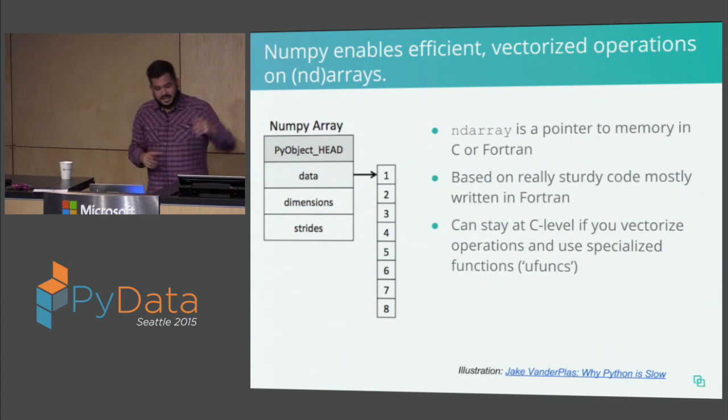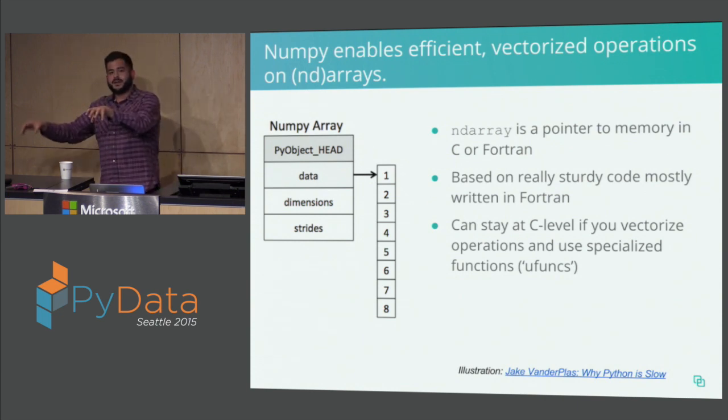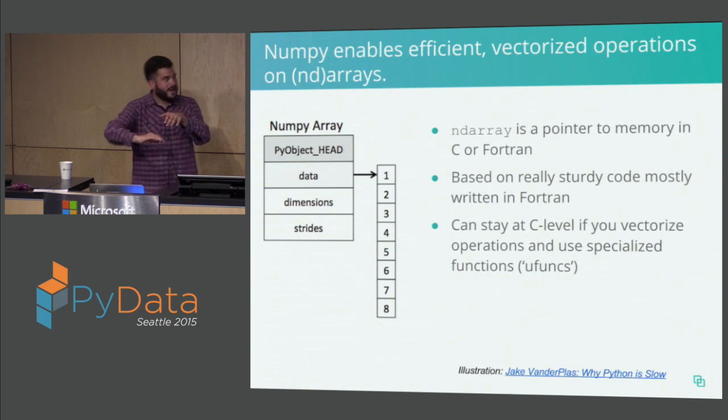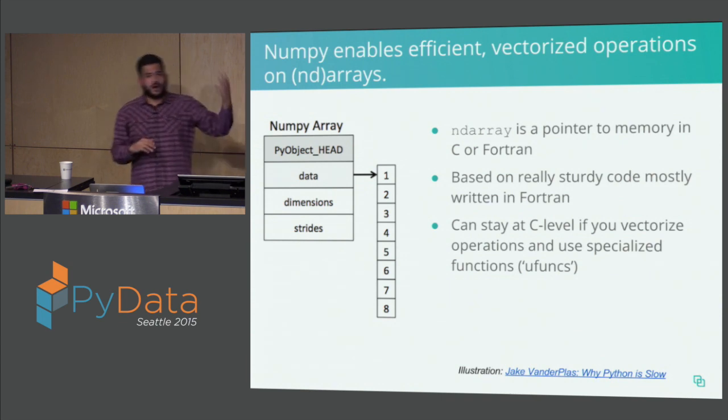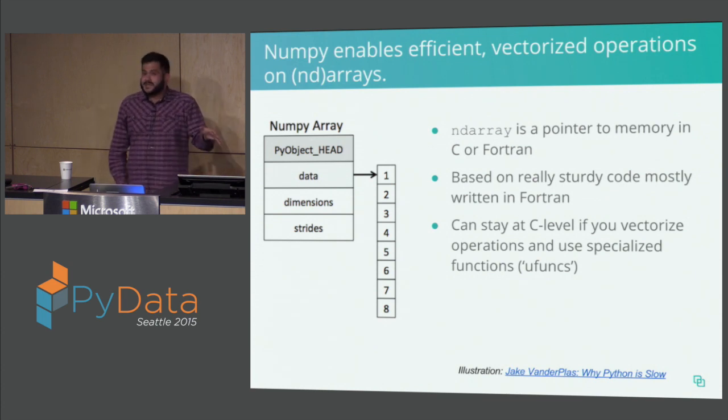And so this idea of vectorization, to be clear, is just that you do some operation on every element in an array so that you can stay under the Python level and not incur the overhead of having to look up a particular function or a value or something like that. Okay, but the issue with NumPy